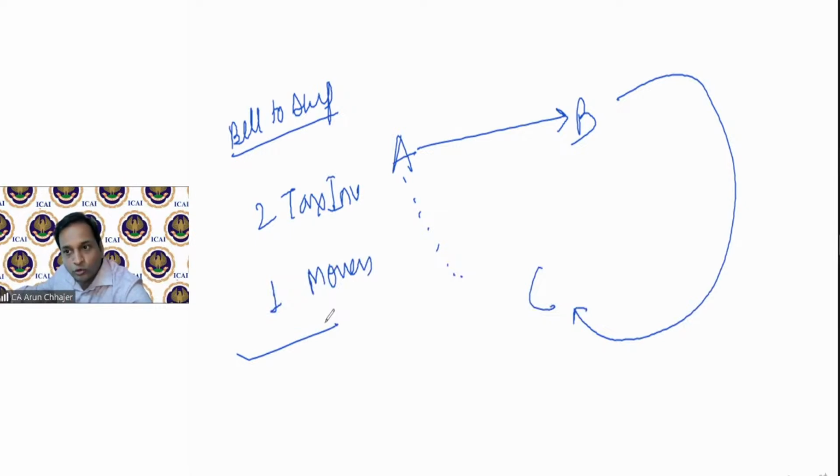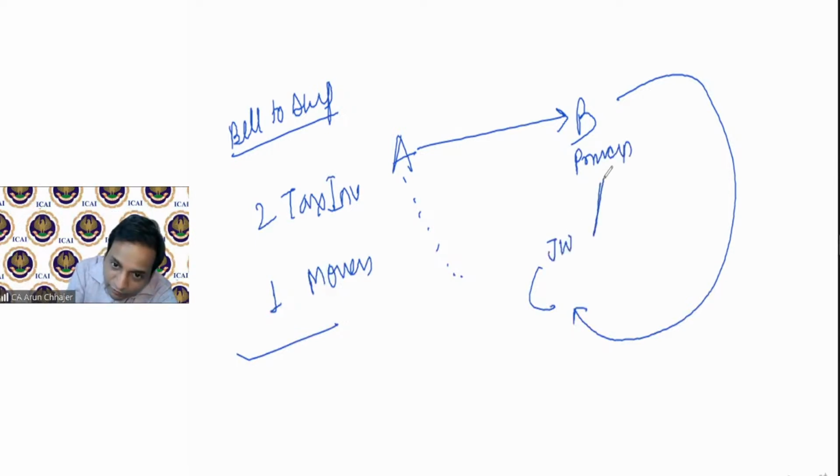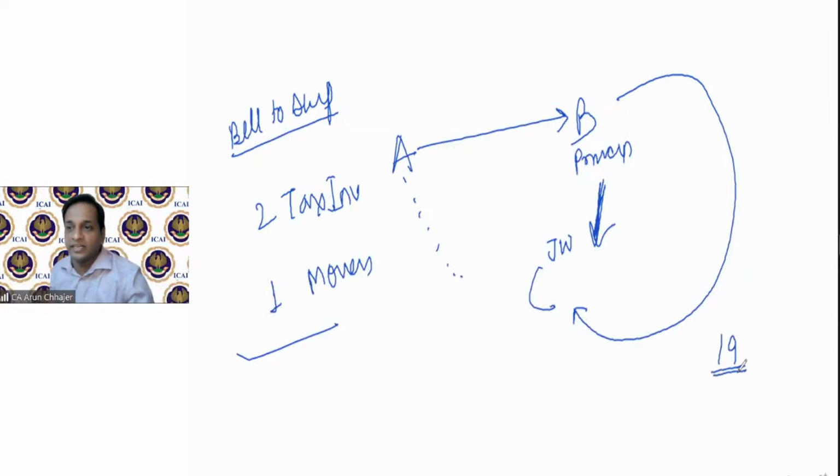Normally it will be two tax invoices, but here, in the case of principal to job worker, there will be no tax invoice between principal and job worker, assuming the goods have been received back within 1 year, or capital goods have been received back within a period of 3 years or the extended time period. Otherwise, there will be a tax invoice. So it is specifically covered in section 19. So I would prefer to use section 19